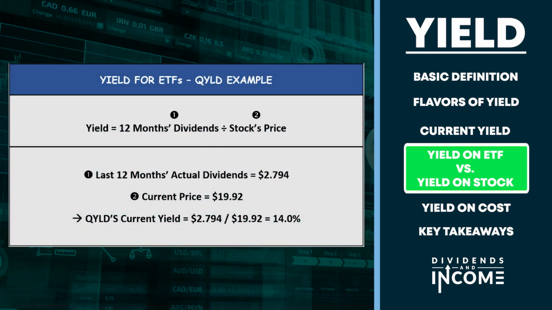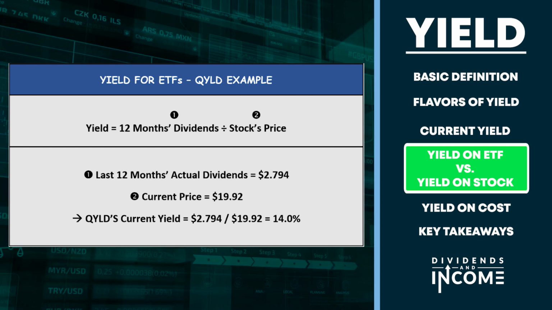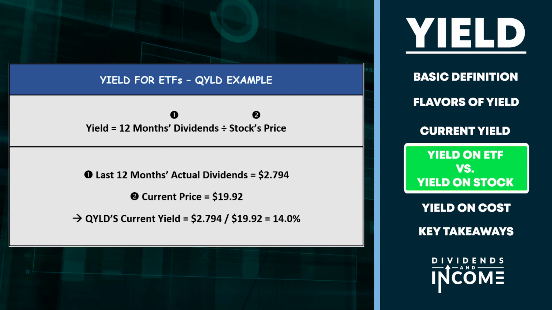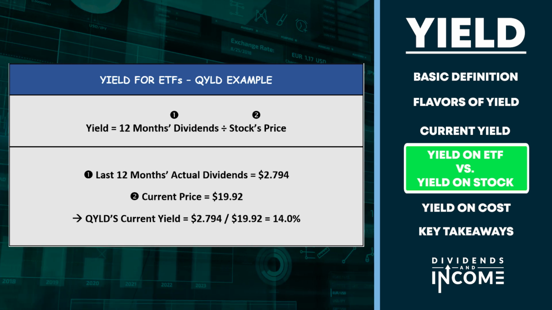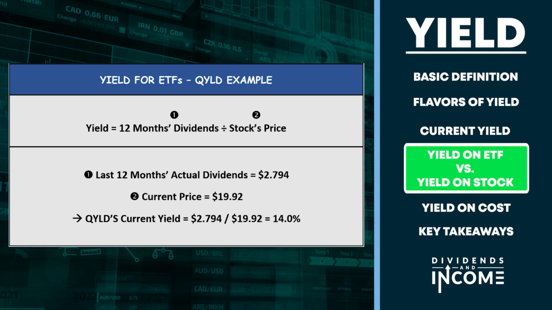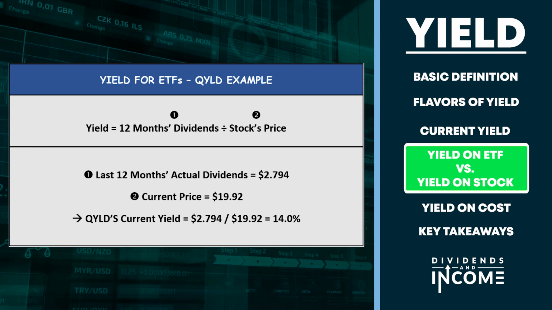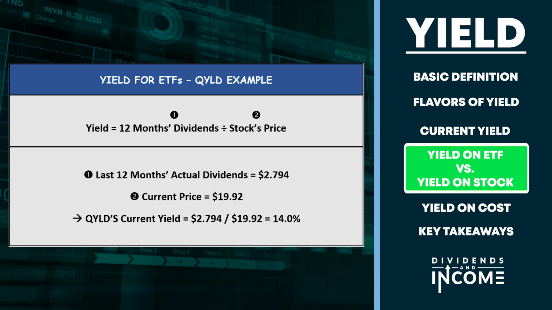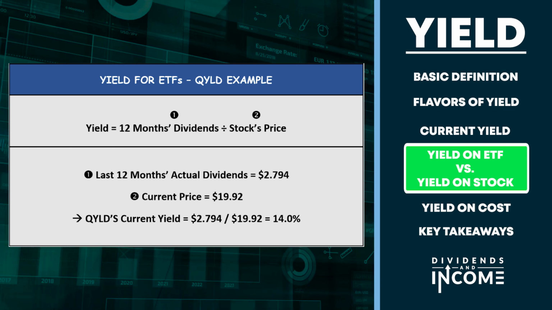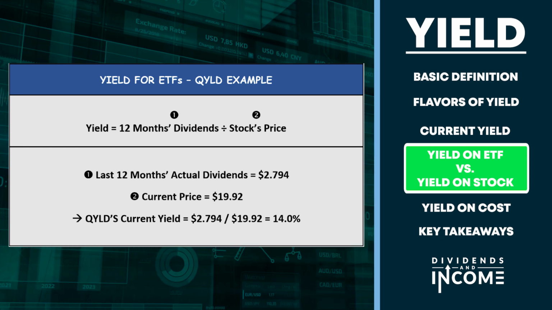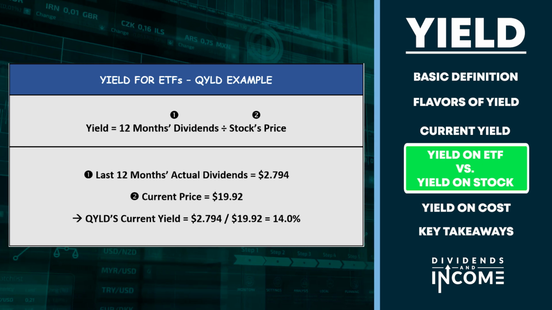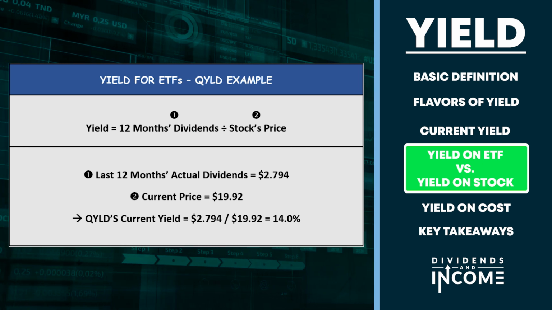In this display now, we make an example out of what we've just seen with QYLD. Again, we're going to use the base formula, which is 12-month dividends divided by price. For the 12 months dividends, we're going to use the last 12 months actual dividends, which we just saw totaled $2.794 per share in a year. And for the price, we're going to still use the current price, which is $19.92. That means QYLD's current yield, as I would calculate it, comes out to 2.794 divided by 19.92, or